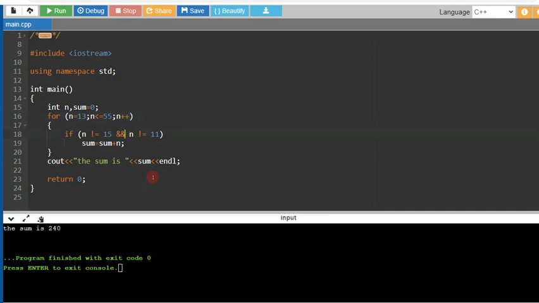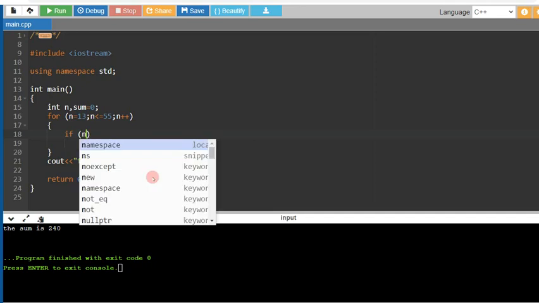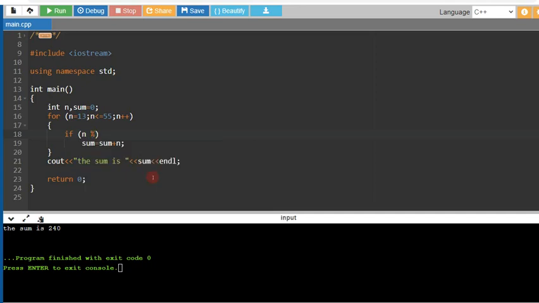Fine. Now we need to provide the condition for even numbers. How is an even number to be found out? We use the mod symbol: n mod 2 equal to 0. So this is for even number. What can we do for odd number? We can specify 1 here, so that it becomes 1, meaning it is an odd number, so it will find the sum of the numbers.